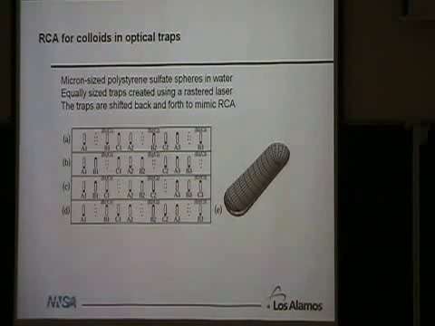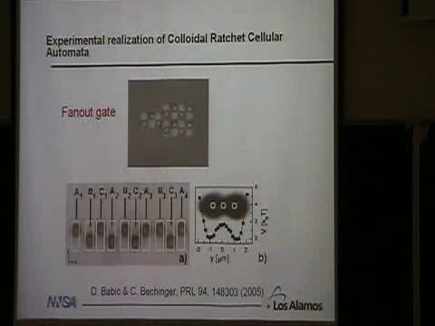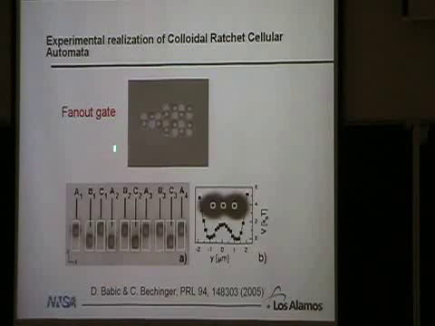So they can move the spots on a time scale. Well, it rasters it so fast that the colloids don't realize there's kind of only one laser. And then they can move these gates around. So they move the traps around. They move them such that they replicate the effect that we had with our shaped wells and a 3-stage drive. And they actually get exactly the effect that we predicted. They're able to get a signal to propagate from one side of a Fanout gate, in this case, to the other.